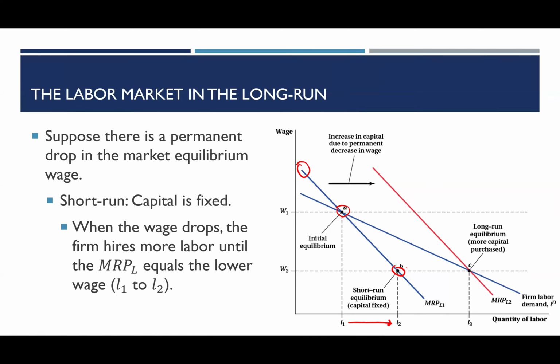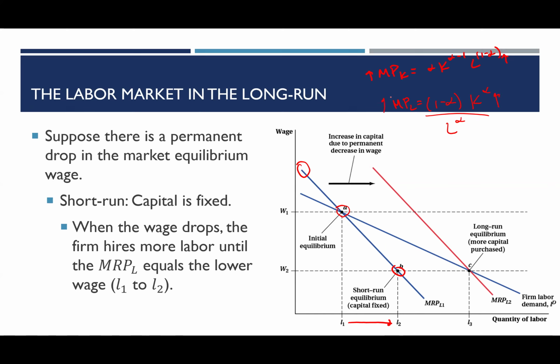Because they're hiring more workers, that's going to mean for their capital, it's going to become more productive. So if we show our marginal product of capital here, as the amount of labor hired goes up, marginal productivity of capital goes up. All right, and so the firm's going to hire more capital. What that means then for labor is that in the long run, because that capital adjustment happens in the long run, as more capital is added, labor is becoming more productive as well, right? So as capital goes up, marginal productivity of labor goes up.